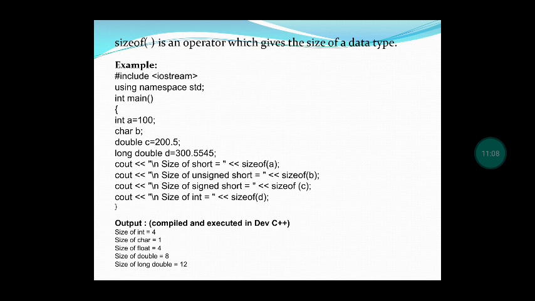And character has a memory size of 1 byte. So see the output, we are getting the answer 1. Float has a memory size of 4 bytes, so we are getting the answer 4. And for double, 8 bytes, so we are getting the output as 8. And for long double, the memory size allocated in Dev C++ is 12, so we are getting the output as 12. So the sizeof operator is used to return the size in bytes of the data type. I think you understand the sizeof operator used in C++ by using this program.